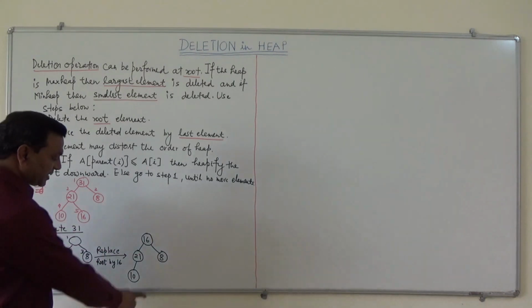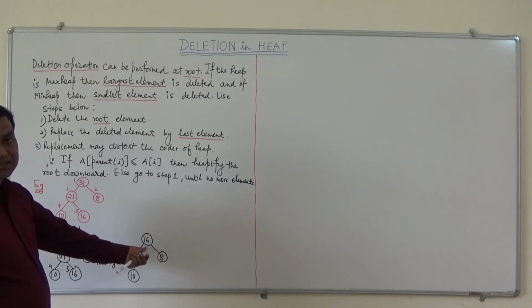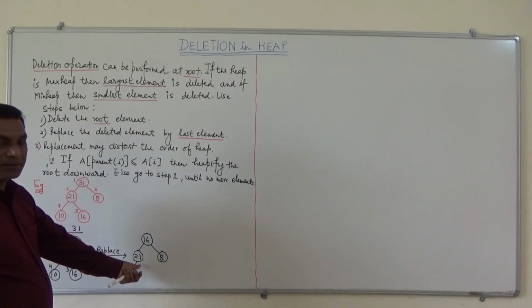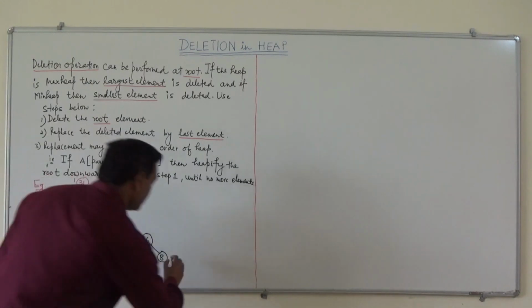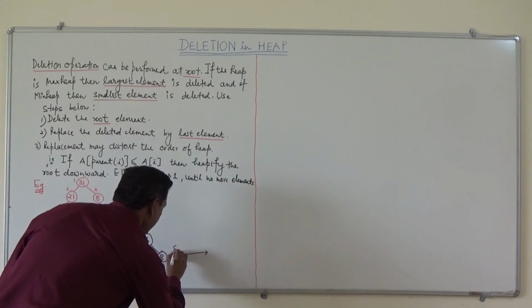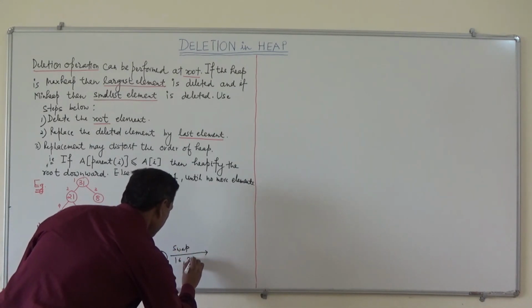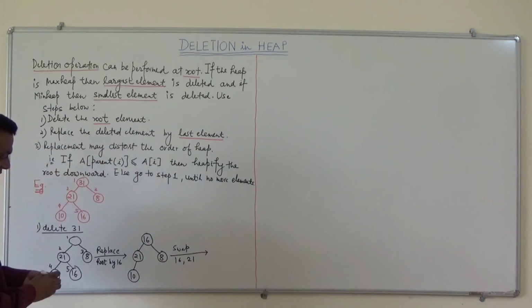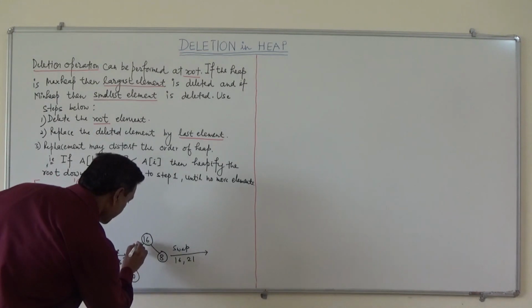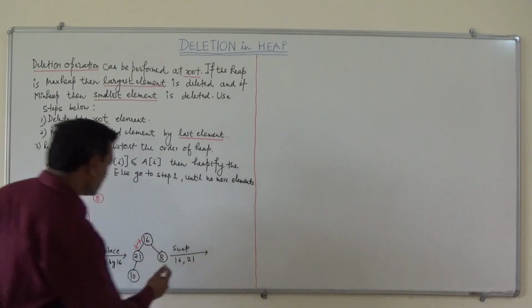Now we will check whether this is heap or not. No, this is not the heap because 16 is less than 21. So what we will do, we will swap. Now swap 16 and 21. So swap these two values to restore the property of the heap. So now after swapping, it comes out to be